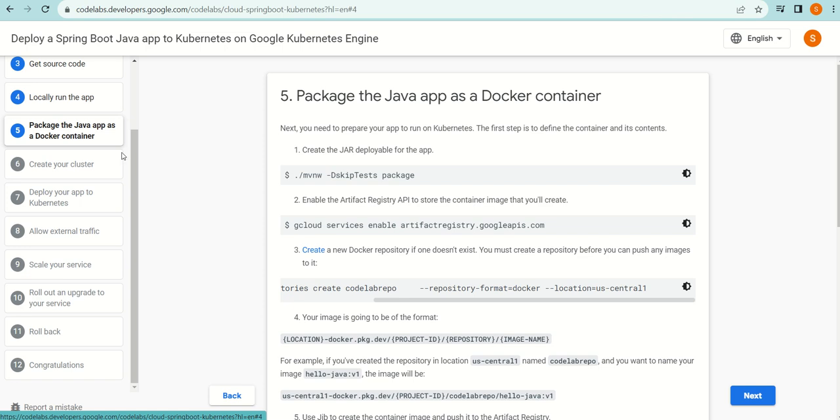Hello everyone. In our last video, we packaged our Java application as a Docker container. On a high level, there are three steps in this tutorial where we are deploying a Java Spring Boot application to Kubernetes on Google Kubernetes Engine. Those three steps are: first, create your Java Spring Boot application. Second, Dockerize your application to create a container out of it. And third, container orchestration,